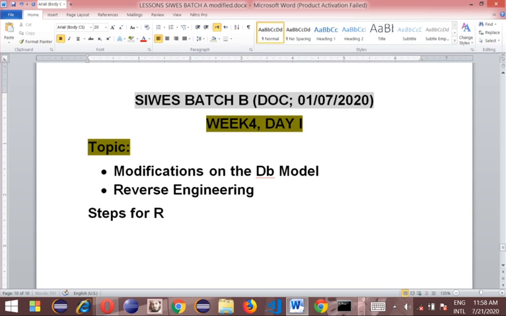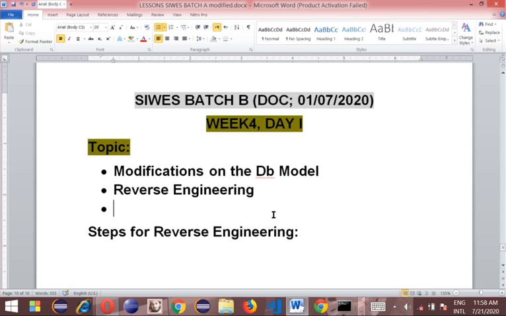steps for reverse engineering. Number one is that you have to have the schema for the database.